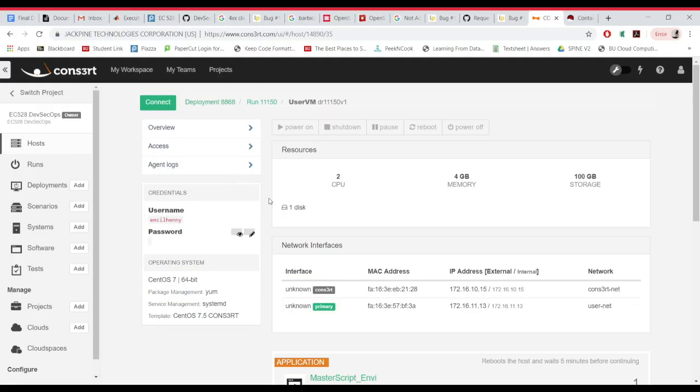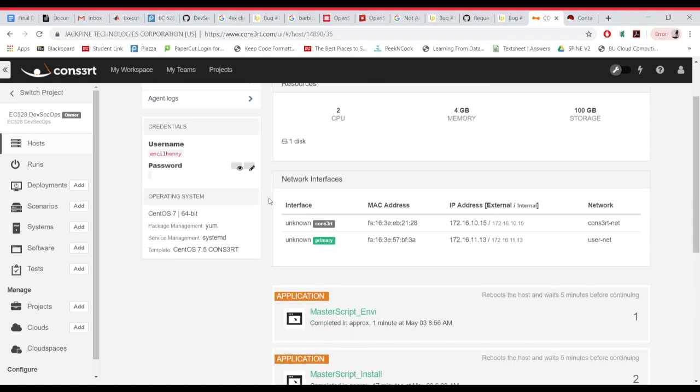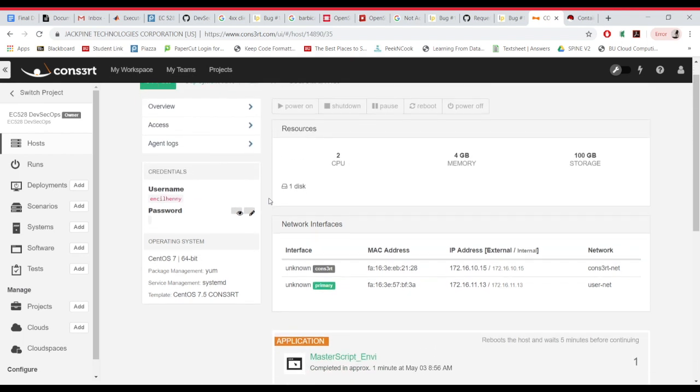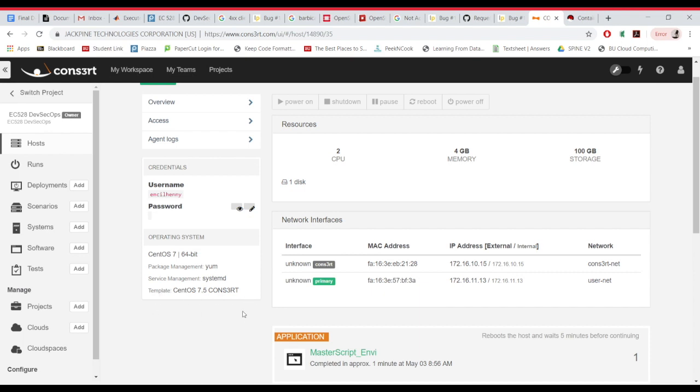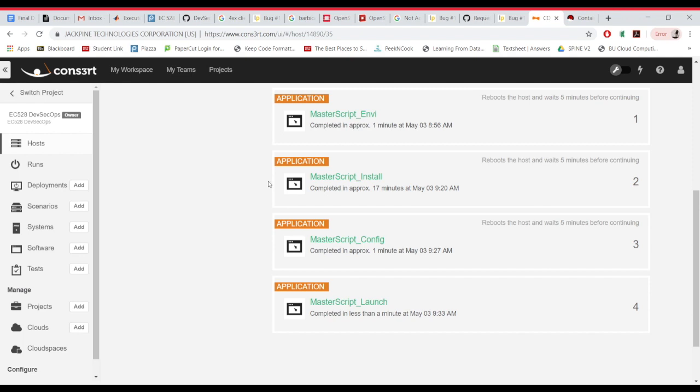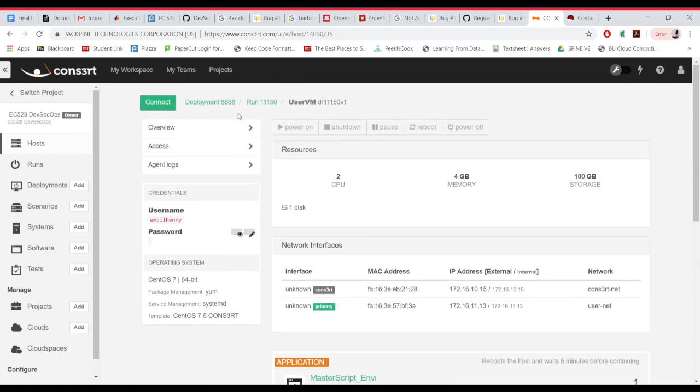Hey, so we're here for the demo portion of our video. We are on the Concert UI here, as you can see, and we launched a CentOS 7.5 template with all of our scripts loaded onto it. You can see that they were all completed, so this should be the secure interface that we have created. If I connect, we're going to use SSH to get in. And what I'm going to demonstrate in this demo is our